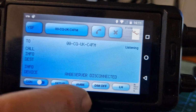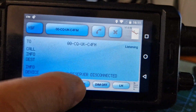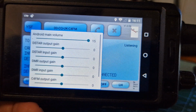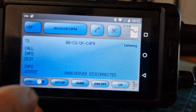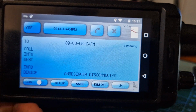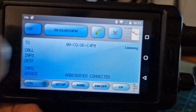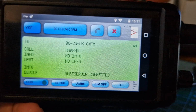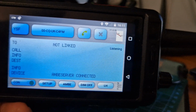Now you can change your audio settings here by tapping Ambi, and it depends which mode you're in, but it's all there for the different kind of device, D-Star, DMR, and C4FM, etc. Okay, so that's all good. And then you hit connect. And if you've done it correctly, it will say connected. When you actually want to connect, you then hit the phone here. And that's us going into YSF. If you want to disconnect, like so,